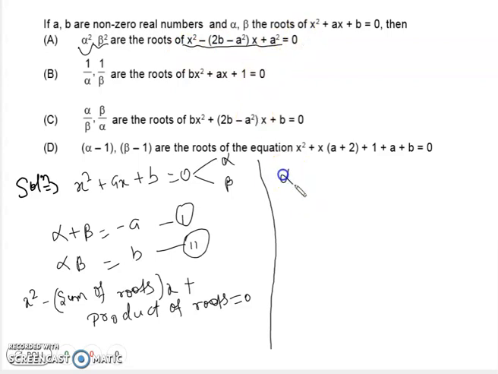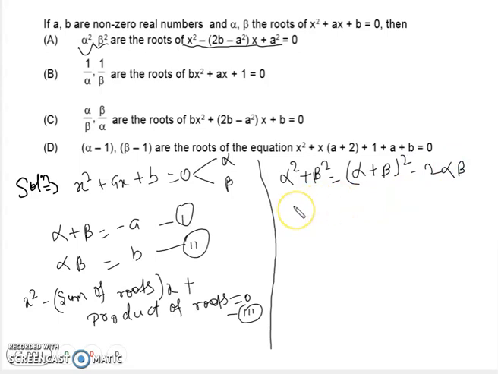So what are the roots? We can call this the third equation, guys, right? We need the sum of roots and the product of roots to find the quadratic equation, guys. So the roots are alpha square and beta square. First of all, we find alpha square plus beta square, which is equal to alpha plus beta whole square minus 2 alpha beta, right guys? Are you getting my points?